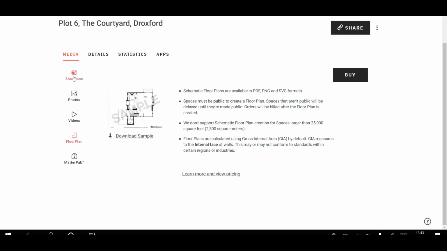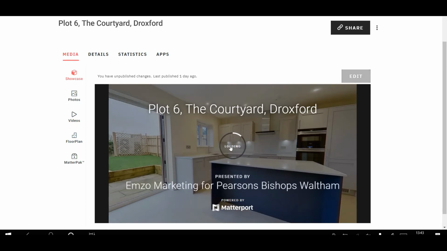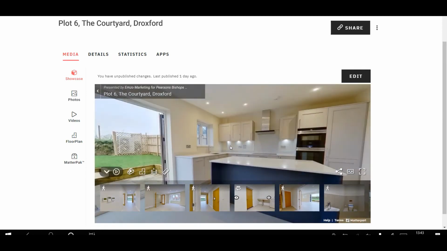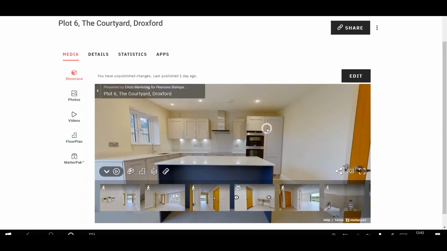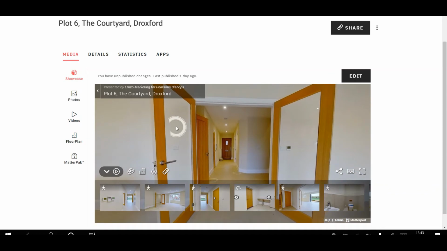Then the showcase option is basically, if you press play, it drops you into the tour. This is what people would see. Then it takes you into the room that you've set as your first room. I'll show you how you set that start position in a moment. So you go on edit,